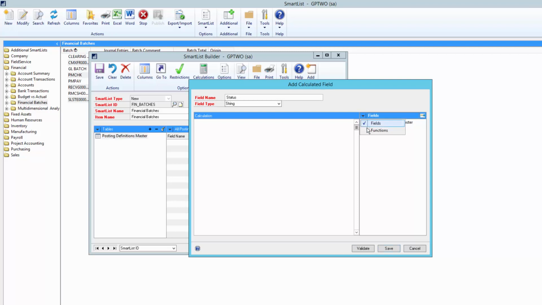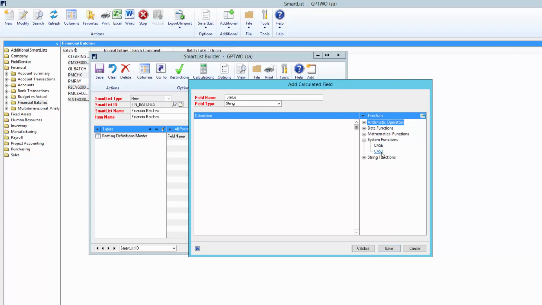And now there are a bunch of different functions built in to the different builder tools where we have our basic add, subtract, multiply, divide type functions. We can also do different date functions where if you want to find the difference between two dates, you want to get today's date and find the difference to the due date, that type of thing. Mathematical functions if you want to round some values, find the absolute value, anything like that. String functions if we want to trim off trailing spaces, we want to make it all uppercase, anything like that to string fields. And we also have a couple of system functions.